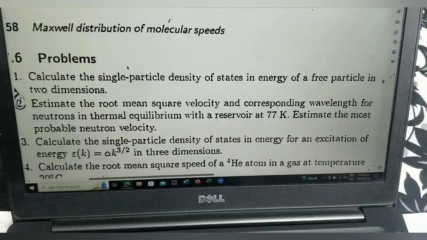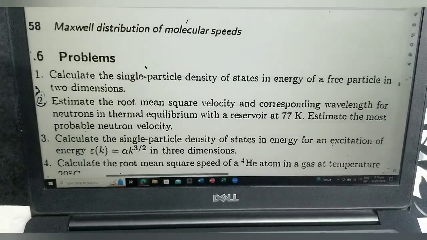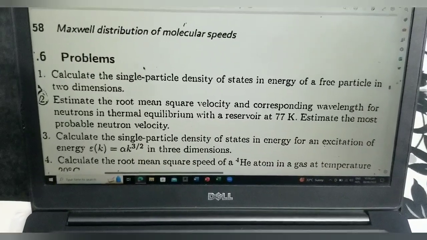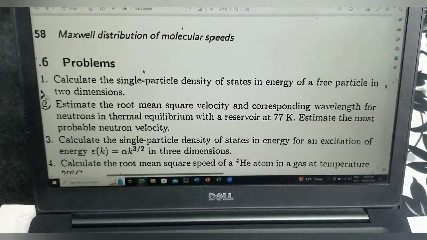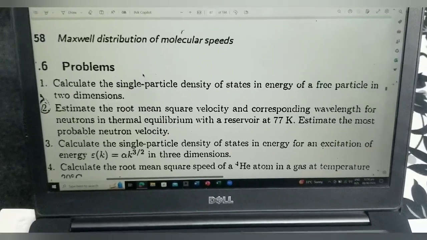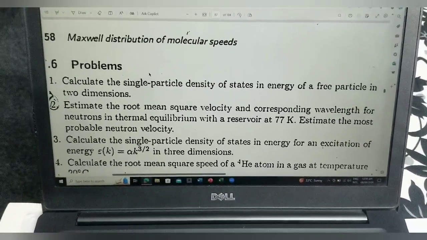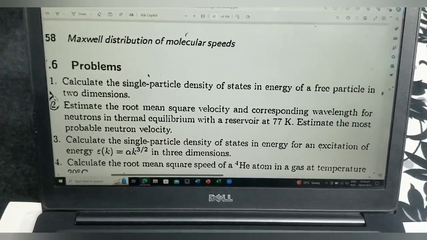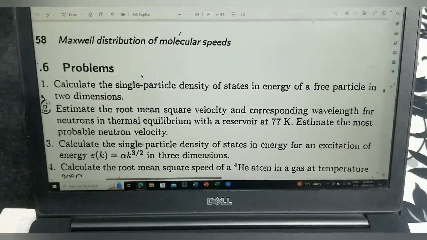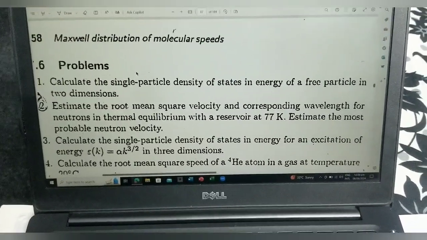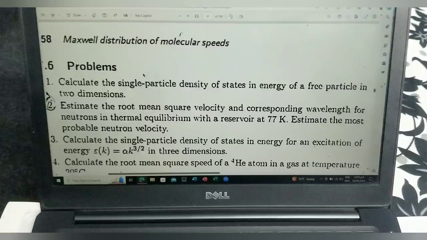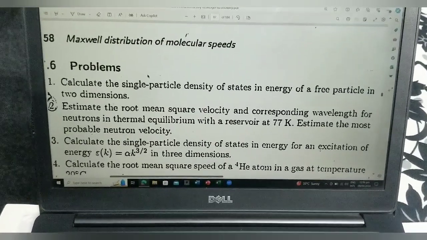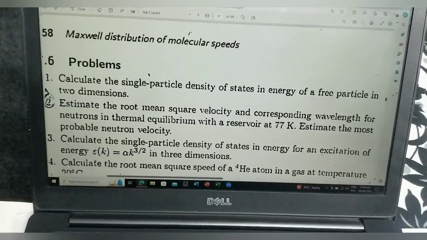I recommend you all to go through the topics of this chapter. This is related to Maxwell distribution of molecular speeds, and the theory here is very clear and it makes your solution process very easy. I have already uploaded some videos on the topics in which we derived and understood the concept of density of states in 3D, 2D and 1D, and it helps you a lot in solving the problem because mostly in exams you are given unseen problems. So you should be familiar with the basic concepts, and that makes your